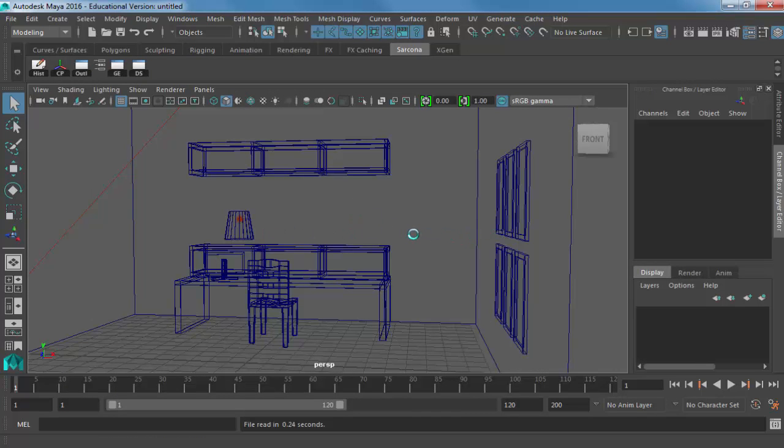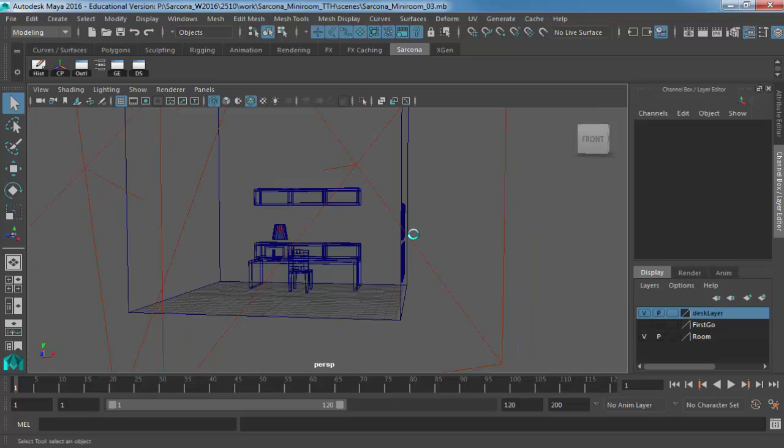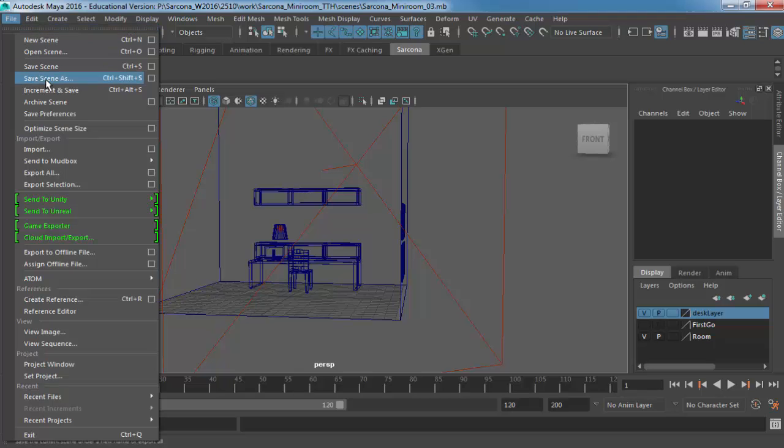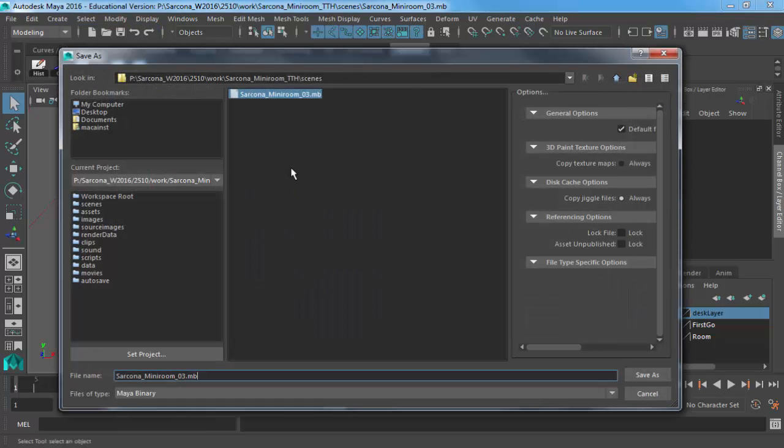It's thinking. All right, so once it's open, what should be the first thing that we do? Save as, right? We should save it as something else. And we can even get descriptive in how we're saving this, because right now if we look at our names, 1, 2, 3, doesn't mean a whole lot to us 2 weeks from now, 3 weeks from now, a year from now. However, if I say scene 04,